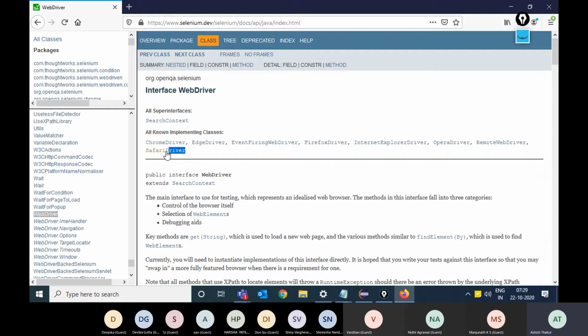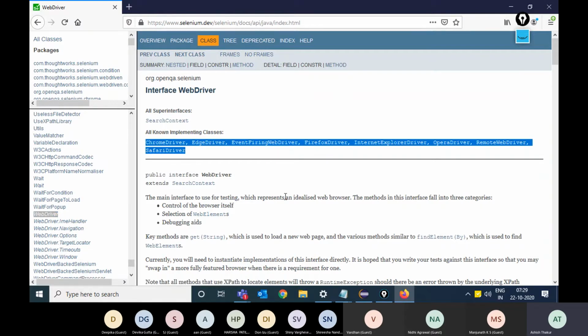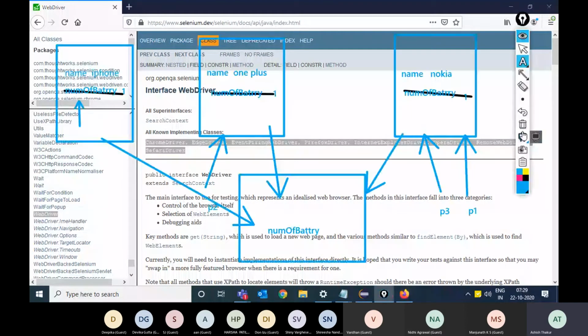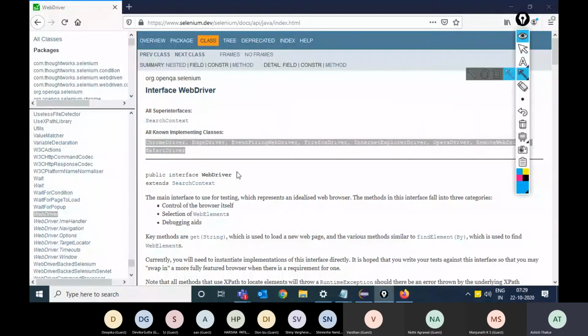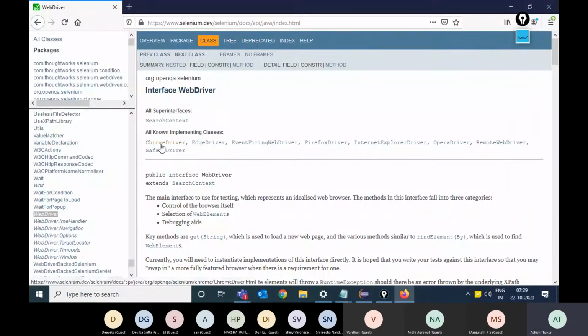Basically, these are the classes which we need to concentrate on as beginners. These classes over here are, you can say, the starting point. For every browser they have built a class, like ChromeDriver is for Chrome, EdgeDriver is for the Edge browser, RemoteWebDriver is for Grid actually, OperaDriver, SafariDriver, FirefoxDriver.